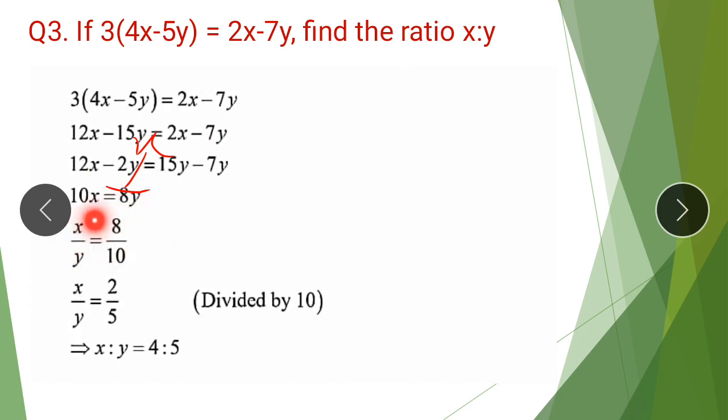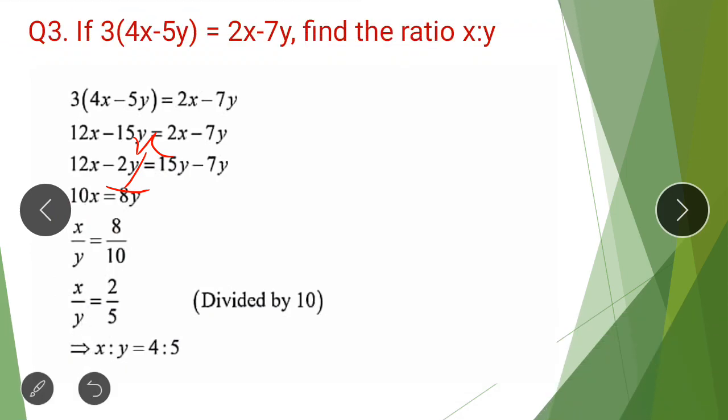So we will have, now here you can see that we need x ratio y, so therefore y is being multiplied here. You are going to bring it to this side of the equation and it will be in division form. Similarly 10 is being multiplied here, so it will go in division form here.